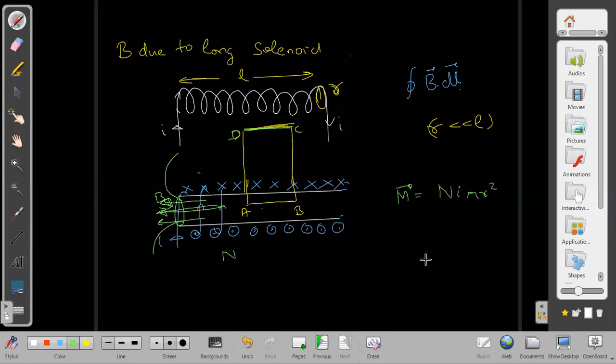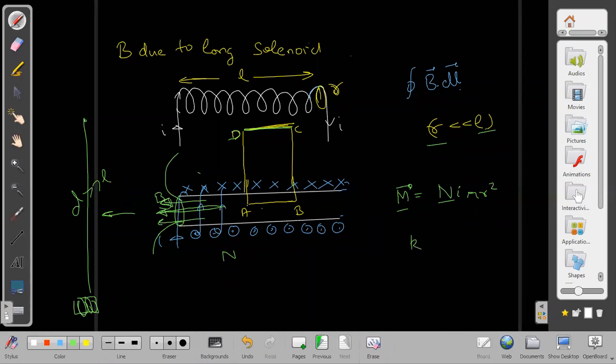And what is the formula for the field due to that magnetic moment? The magnetic moment will be in this direction. Now, looking from a very long distance away: L was very large compared to R, but L was not infinite. Now we go to a very, very large distance away, let us say here, and this distance is even much larger than L. Then this solenoid will appear like a very tiny single ring, and that single ring will appear to have n turns. It is like a magnetic dipole.